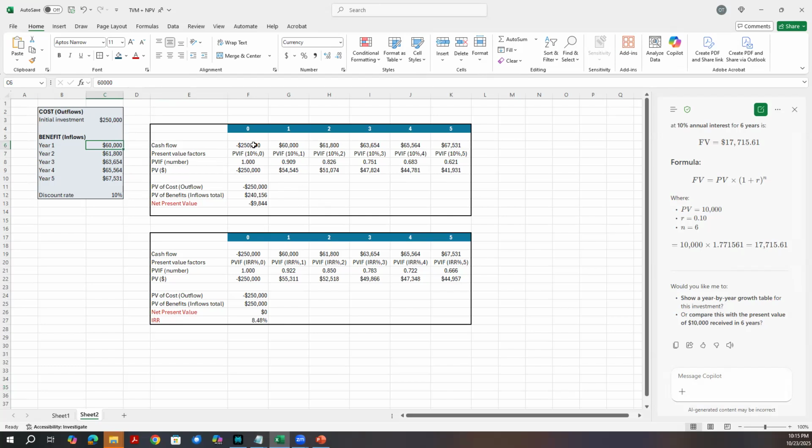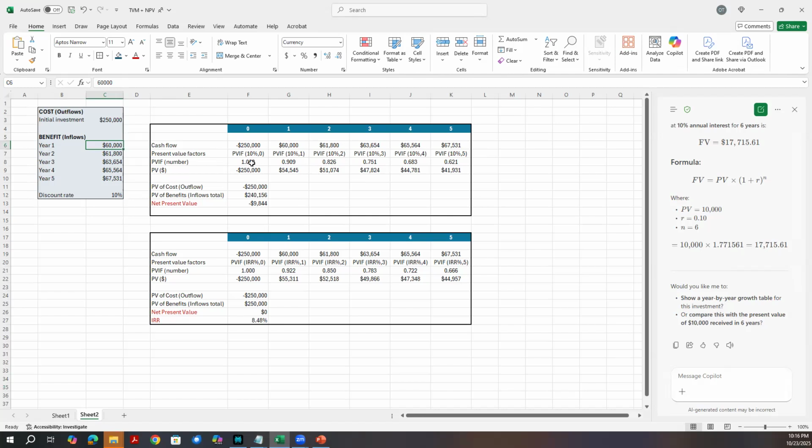If I present it in a table, in year 0, I have a cash outflow of $250,000, which, since it's an outflow, I denote with a negative sign. Everything else is an inflow or a benefit, so I've got positive signs. I do the present values of each of those cash flows. At a 10% rate of return, the factor that I'm going to multiply the cash flow by is 1, then 0.9,